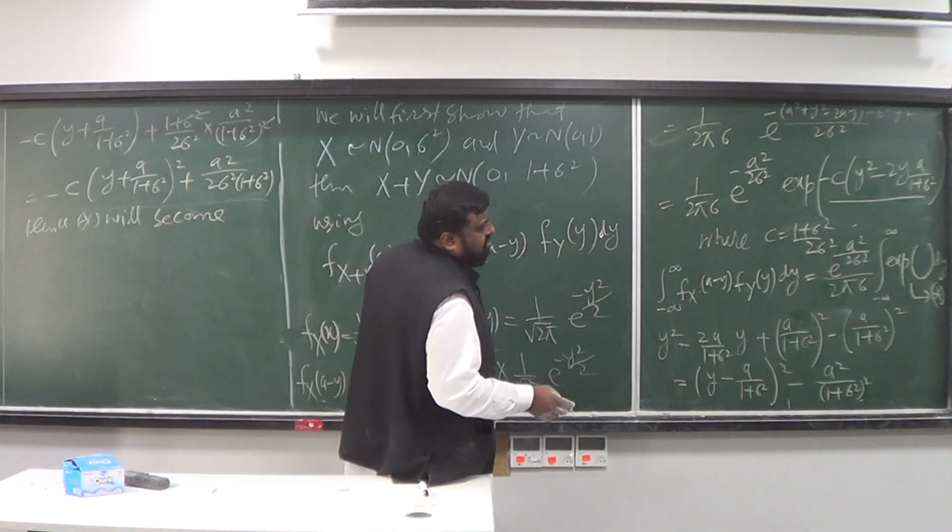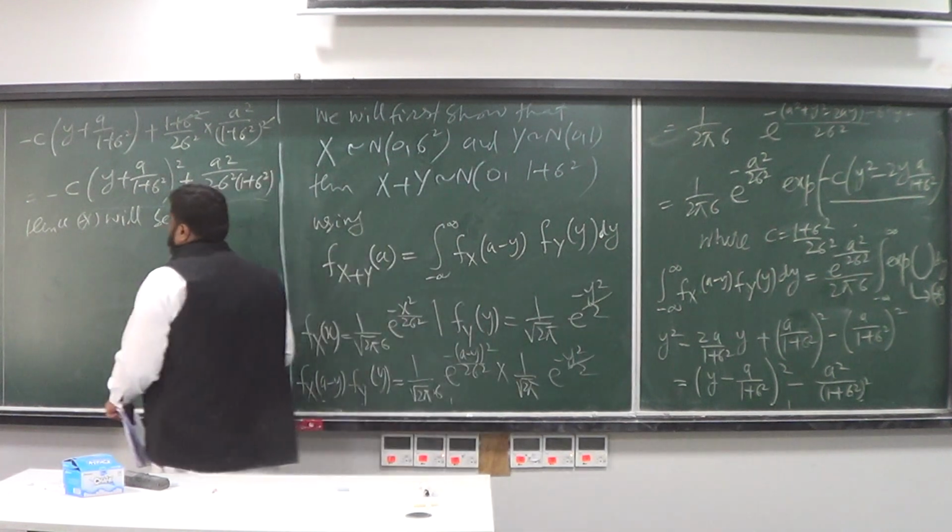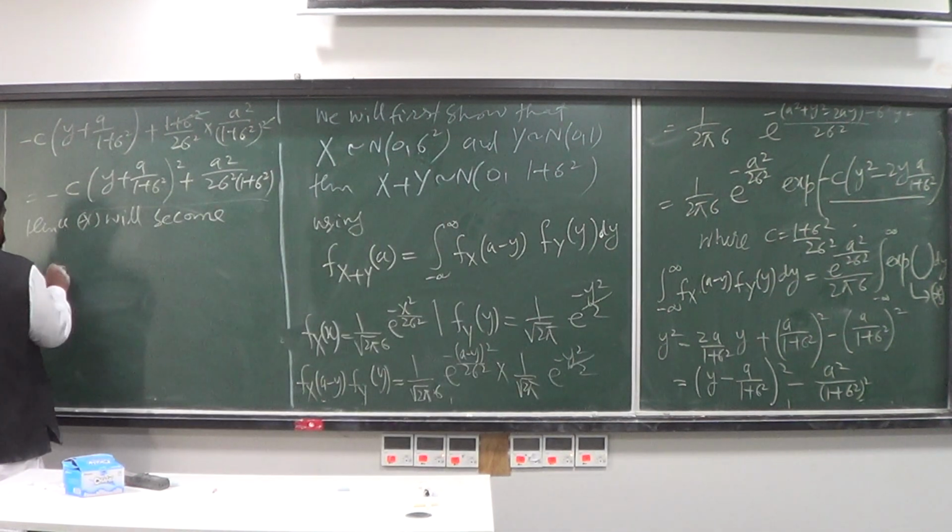So e to the a square over 2 sigma square, 2 pi sigma, e to the